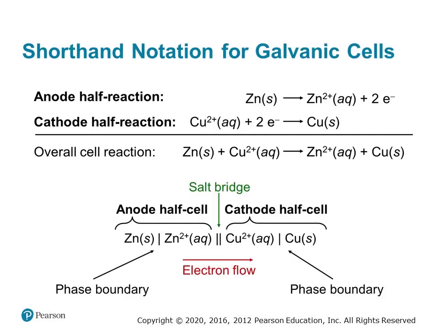We can use the notation shown here to represent a voltaic cell reaction. We represent the anode half cell on the left side and the cathode half cell on the right side, separating the two by a double line representing the salt bridge. For each half cell, we use single vertical lines to represent a phase boundary. In the case of our copper-zinc cell, the boundary between each solid metal electrode and the aqueous solution containing the zinc or copper ions. The electrodes are represented on the far side of each cell, with the solution components towards the center, since they're the parts of the cells directly connected via the salt bridge. Since the anode is always on the left and the cathode on the right,